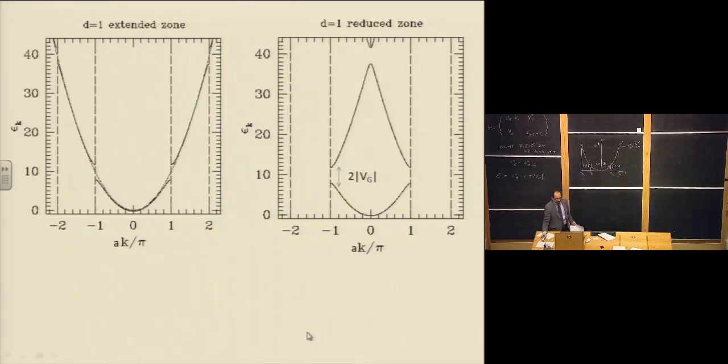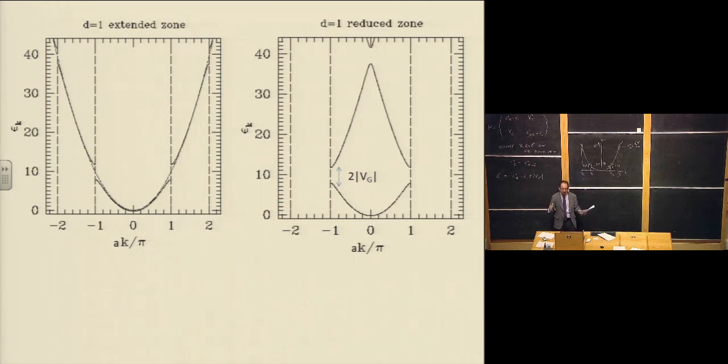So here's the same picture in extended zone scheme. This starts with the bare parabola, the nice free electron parabola. And then when you add the periodic potential, the major effect of the periodic potential is near the Brillouin zone boundary, where it opens up this gap. You notice that the states inside the Brillouin zone boundary get pushed down in energy by a little bit, and they get pushed down more if they're closer to the Brillouin zone boundary, because as you're closer to the Brillouin zone boundary, if you think in second order perturbation theory, that's where the divergence is getting worse and worse and